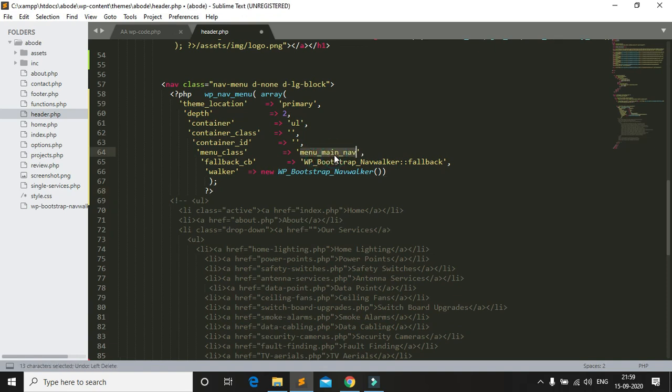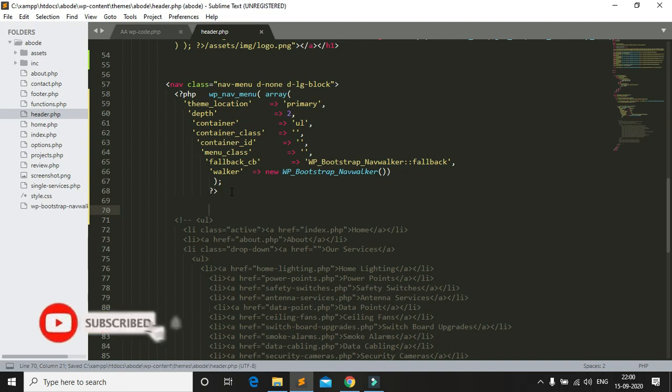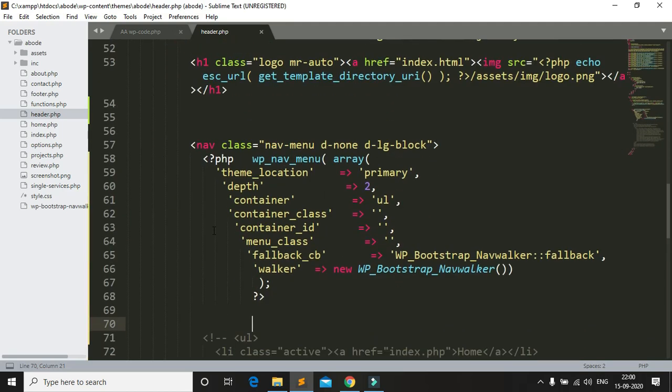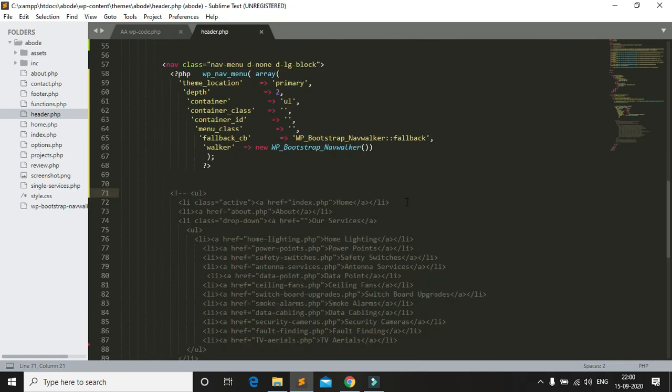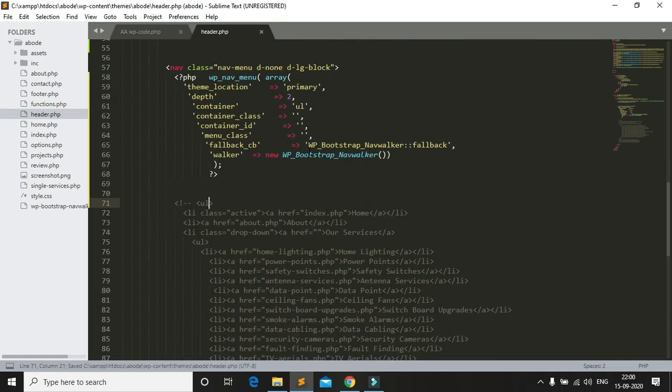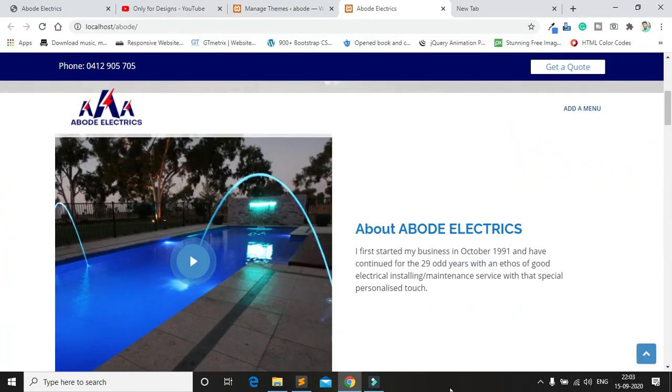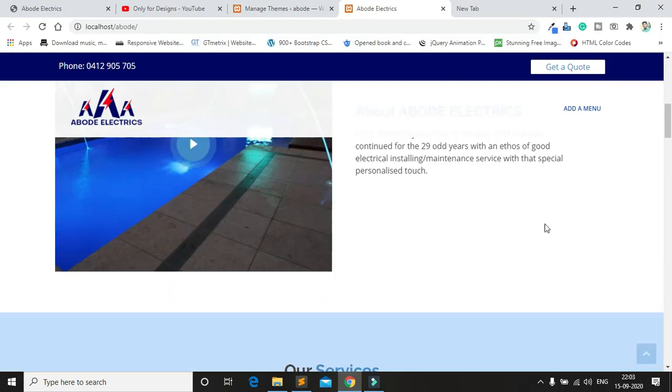This is my previous project class. I just remove it and save. Because in the UL, as you can see, there are no classes, that's why I just leave it blank. Okay, save. So my menu is complete.